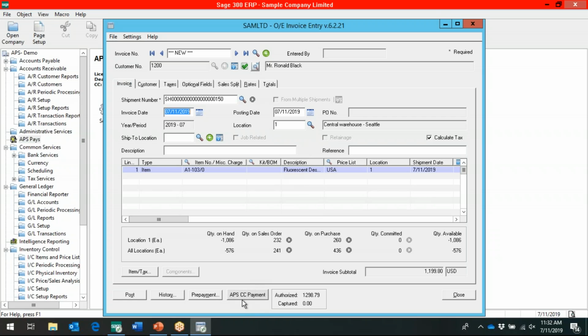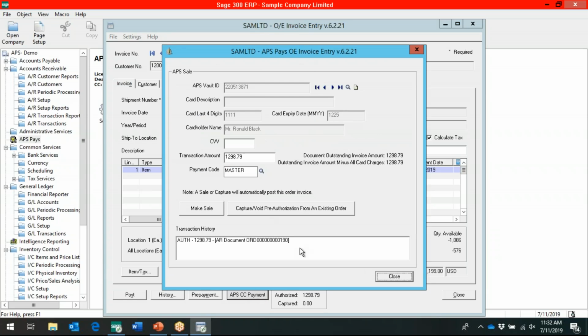Now, down here at the bottom, we have that APS credit card payment button again. So if I click on that, this screen pops up, and it allows you to complete that sale or void out that transaction completely. Okay? But in certain jurisdictions, you might be able to change the transaction amount depending on, let's say, if the shipping cost was higher than what was anticipated. In Canada, you're not really allowed to do that, but if you do have a location down in the U.S. that needs to do that, or in another jurisdiction, we can have that conversation.